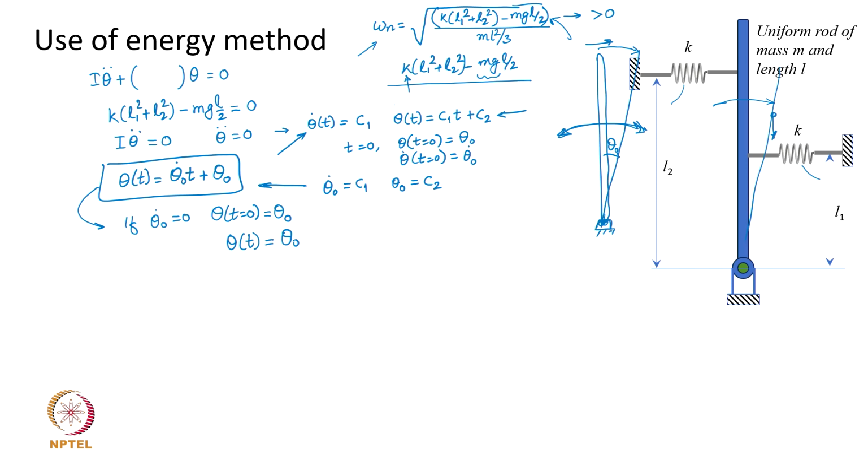Nothing will happen, neither will it oscillate nor will it continue to travel. That is going to be the equilibrium position. The bar is going to be in that equilibrium position forever after time t equal to 0. However, if instead